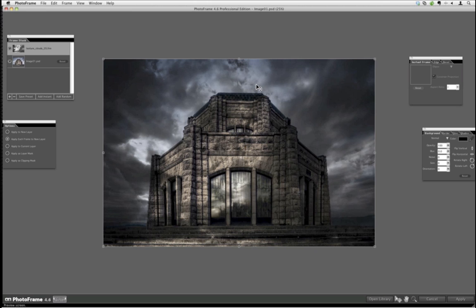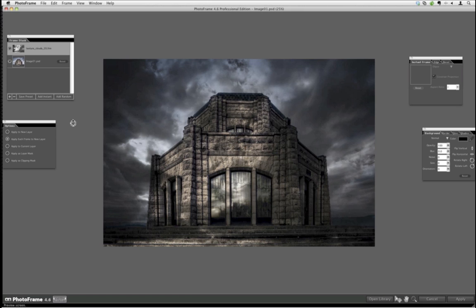Now, what we have here is we have these clouds, but it appears in the entire image. And to that point, I don't want it to appear around this entire image, but we can take care of that in Photoshop. But before we do that, I want to add one more. I want to add something else to the image. And so what I did was,